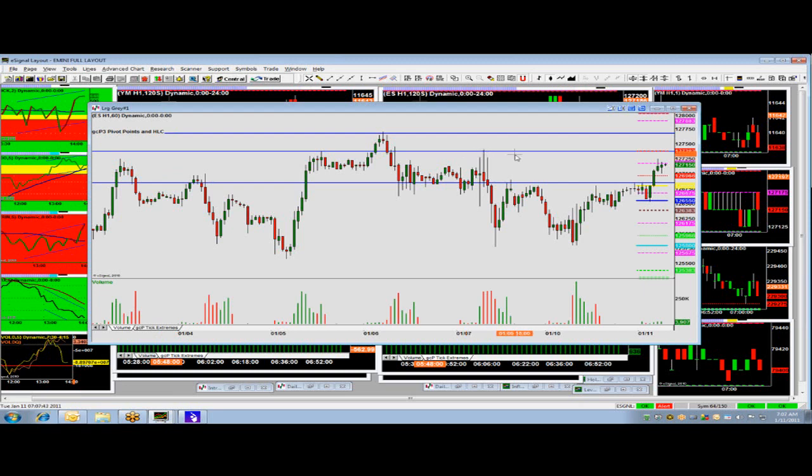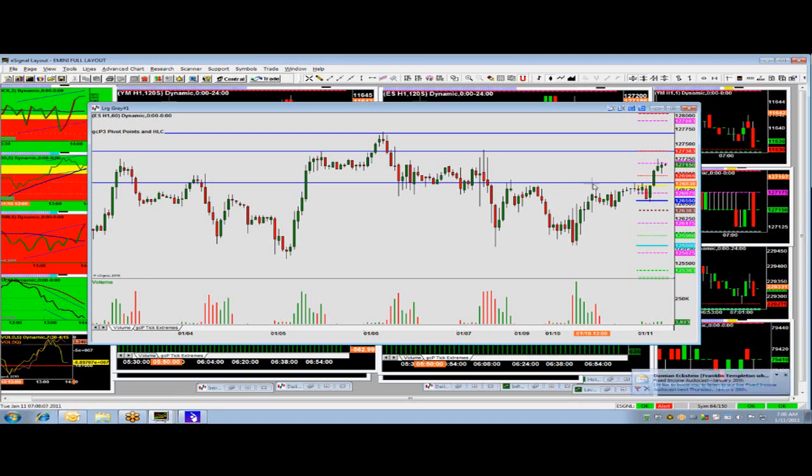I see it commonly blast through these little resistance areas by 5 or 10 ticks, and maybe a little more, and then off it does whatever it does. But the ES, this contract, I think, will be the one that will be a little bit more respectful of these areas. So really my key focal point right now is watching this base back down here at 68 and seeing if we can't get a bounce or a turnaround to be long this, because we're going to gap up,